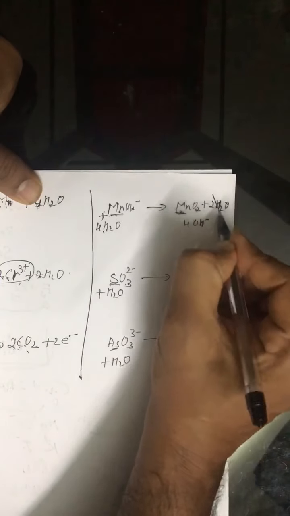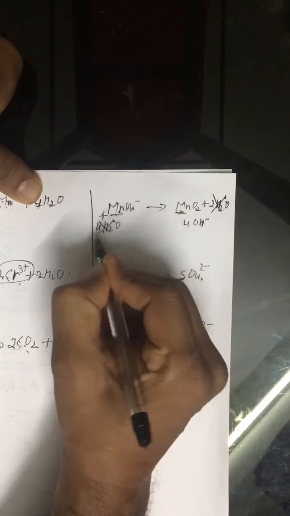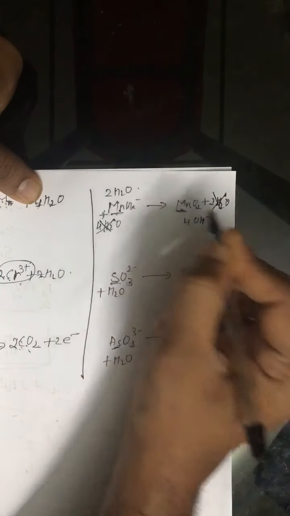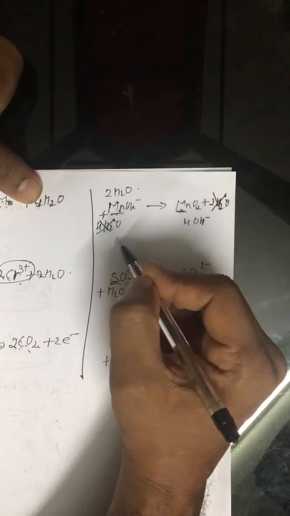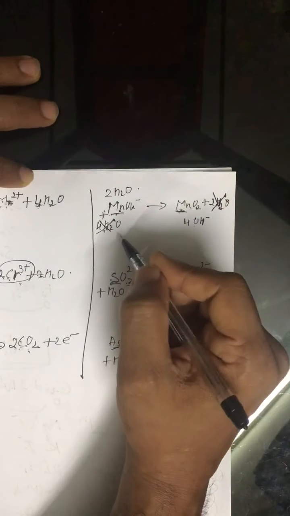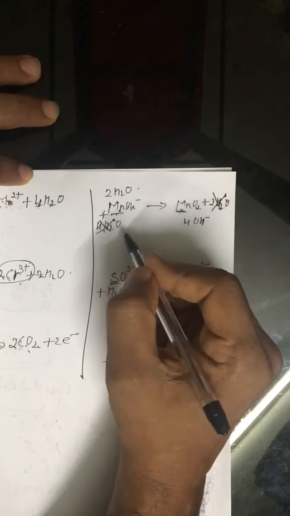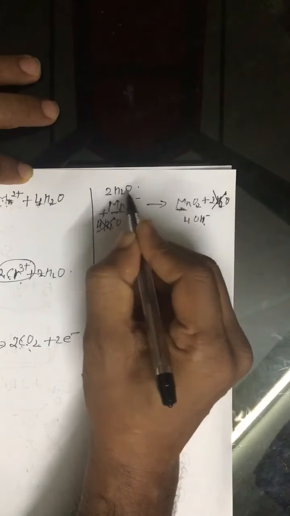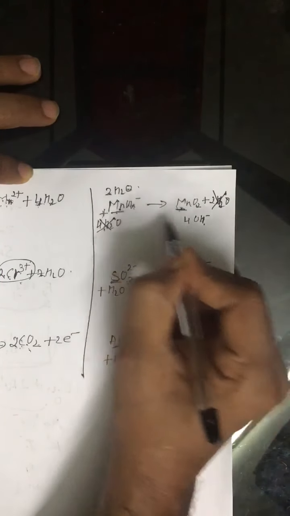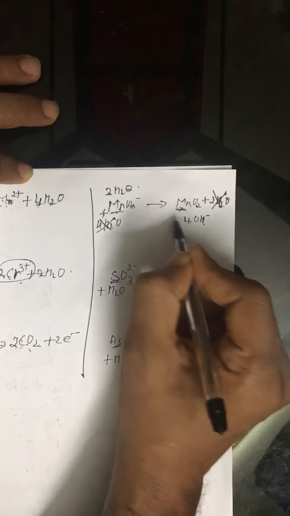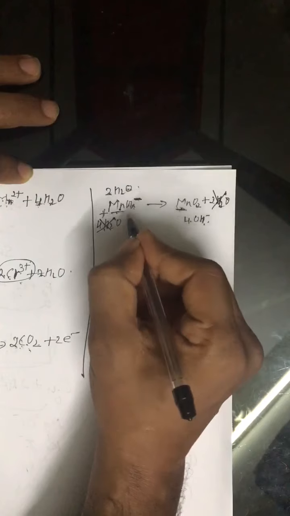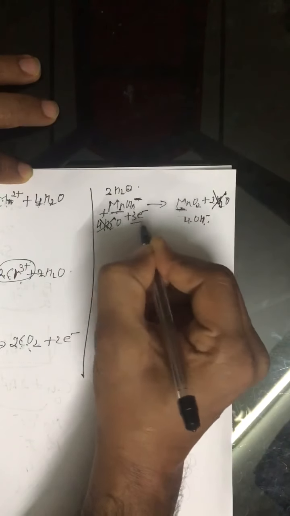So twice of H2O is gone, and here we will be left with 2 H2O, twice of H2O. So now see, and finally to balance charge we use electron. So hydrogen is balanced, it is 4 of hydrogen. Oxygen is balanced, 2 plus 4 is 6, 4 plus 2 is 6. Now we have 4 negative charge here, here we have 1 negative charge, so we will put 3 negative charges here.